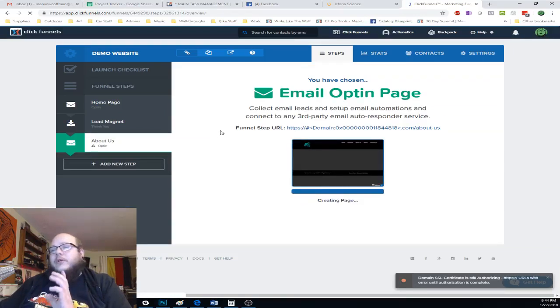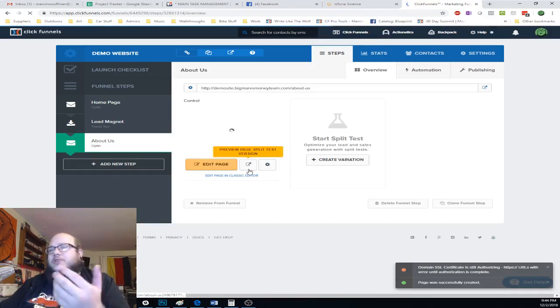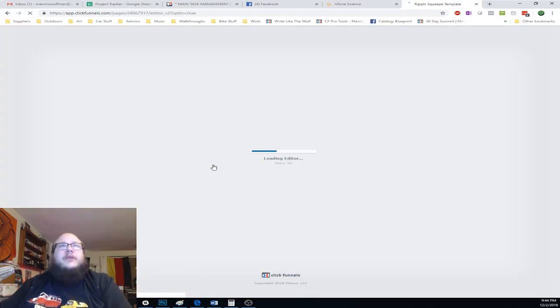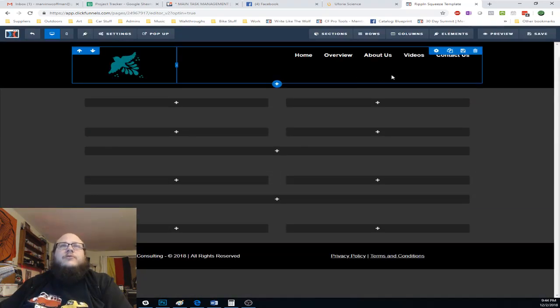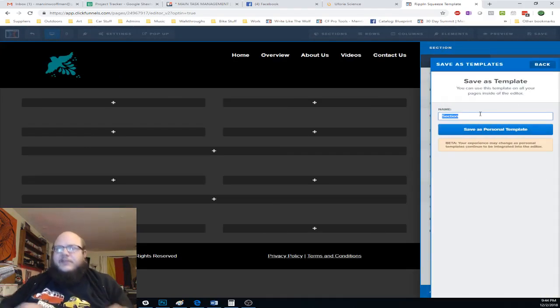Now, what isn't limited to the actual types would be sections. You can actually save sections. So let's say you did need to build a sales page, right? So what you would do is you would just go to this section and you click this little floppy disk, hit save, and save this section as website navigation, right? And if you have multiple funnels, multiple websites, you just come up with a name of it. So what I could do is say money team website navigation,